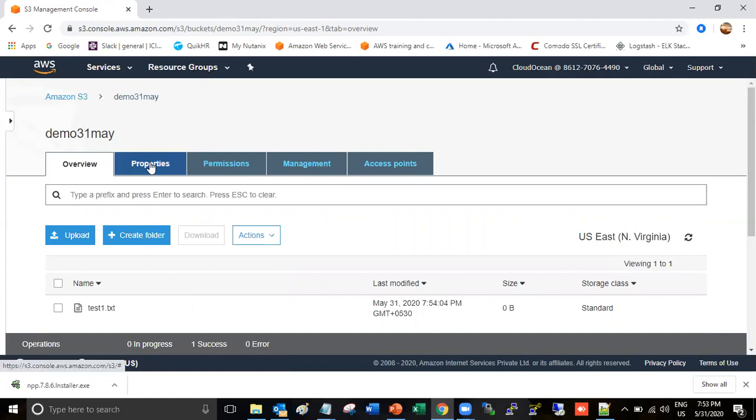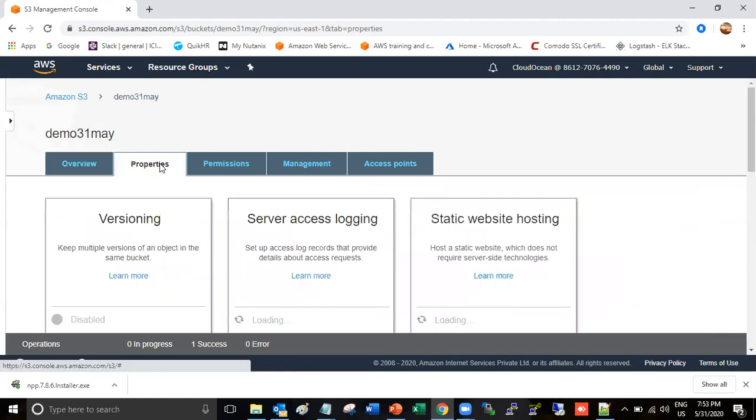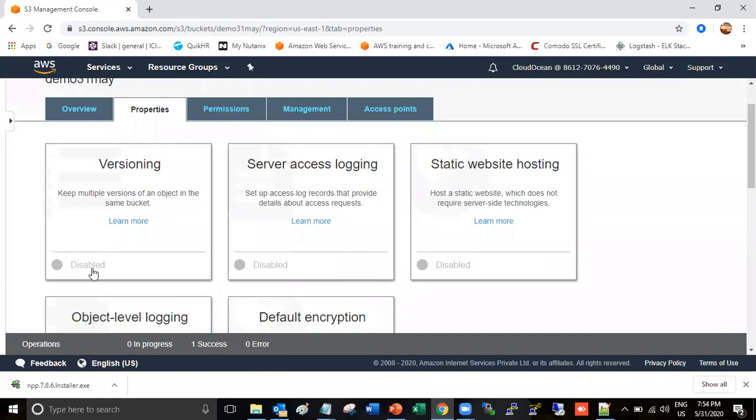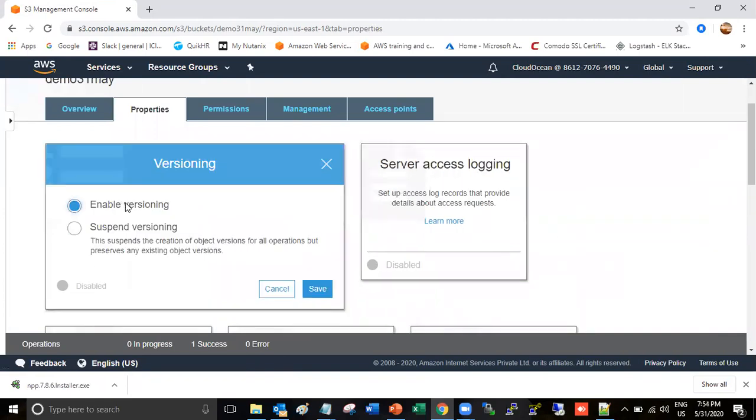In the properties tab, as of now versioning is not enabled. If you want to enable versioning, just click on that, choose enable versioning and save it.